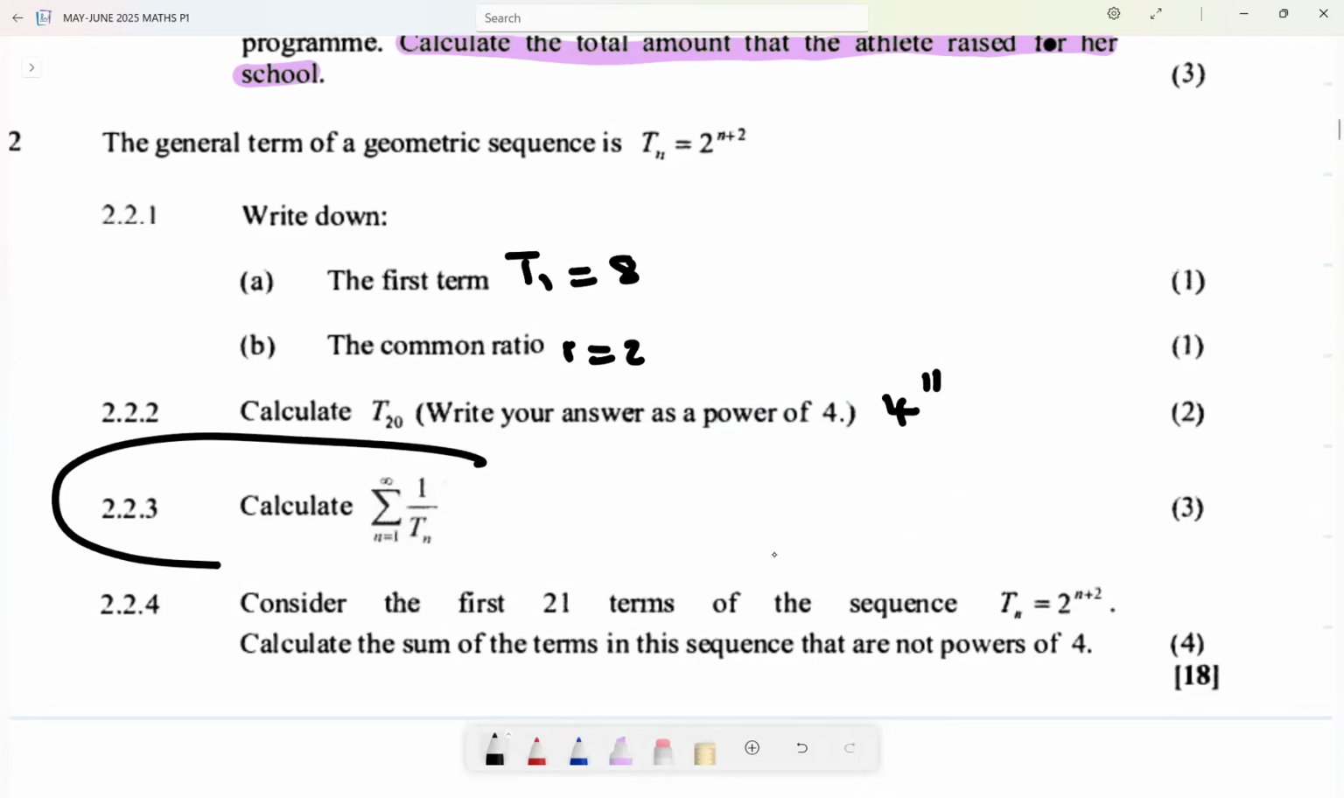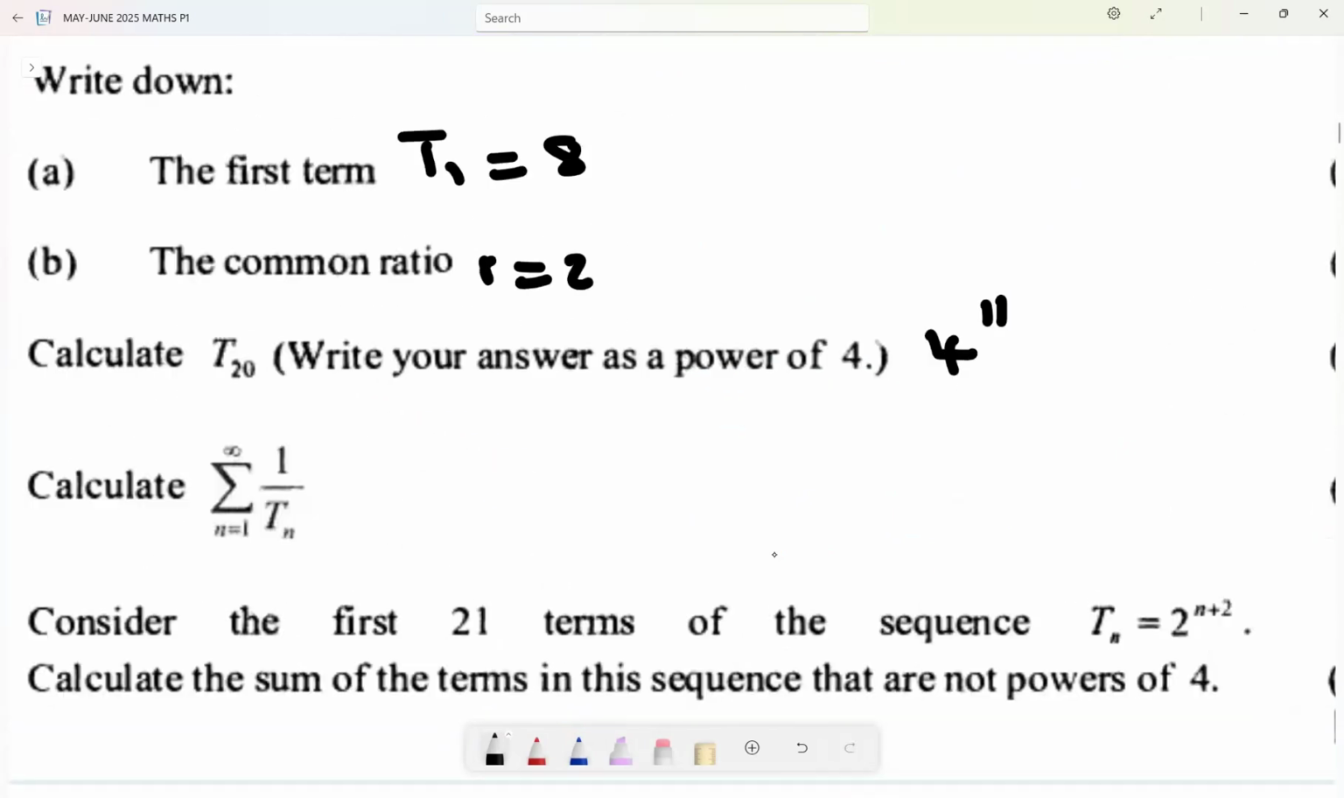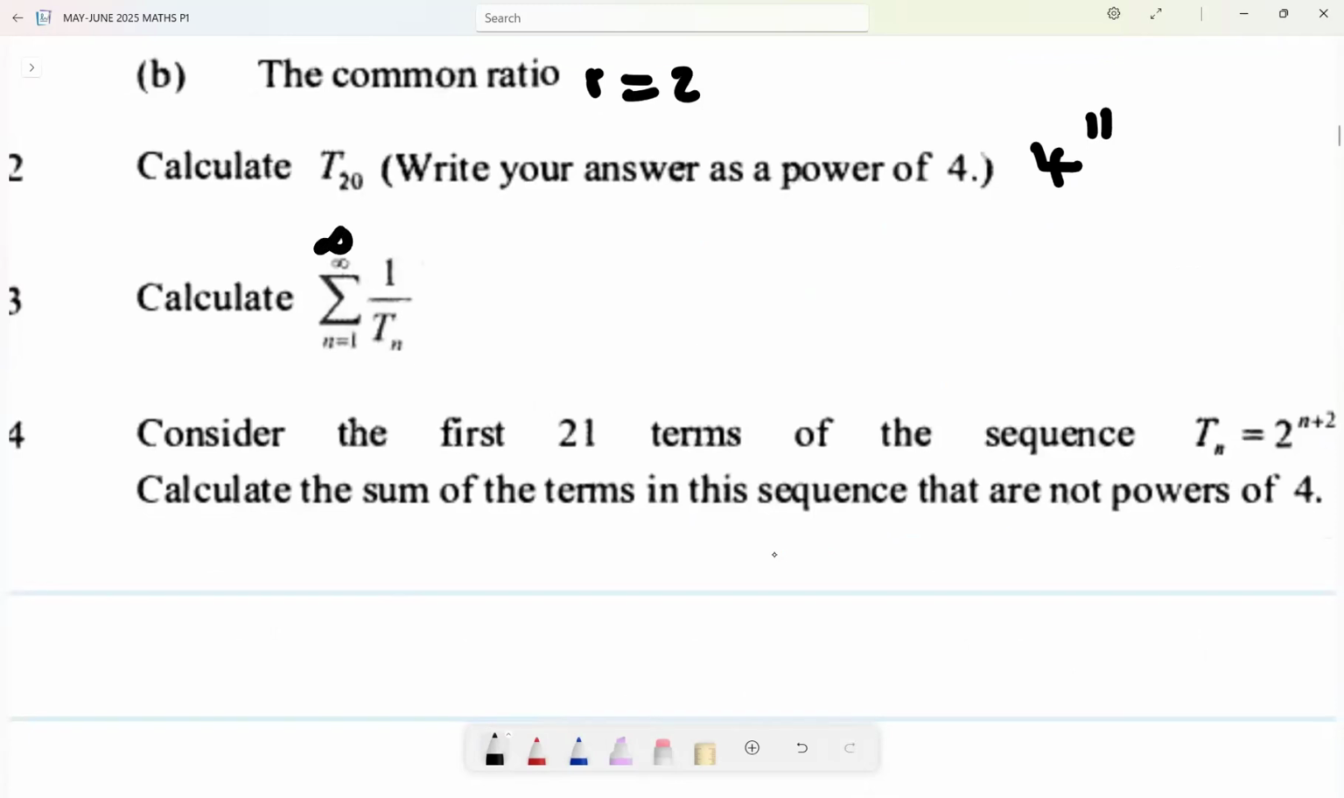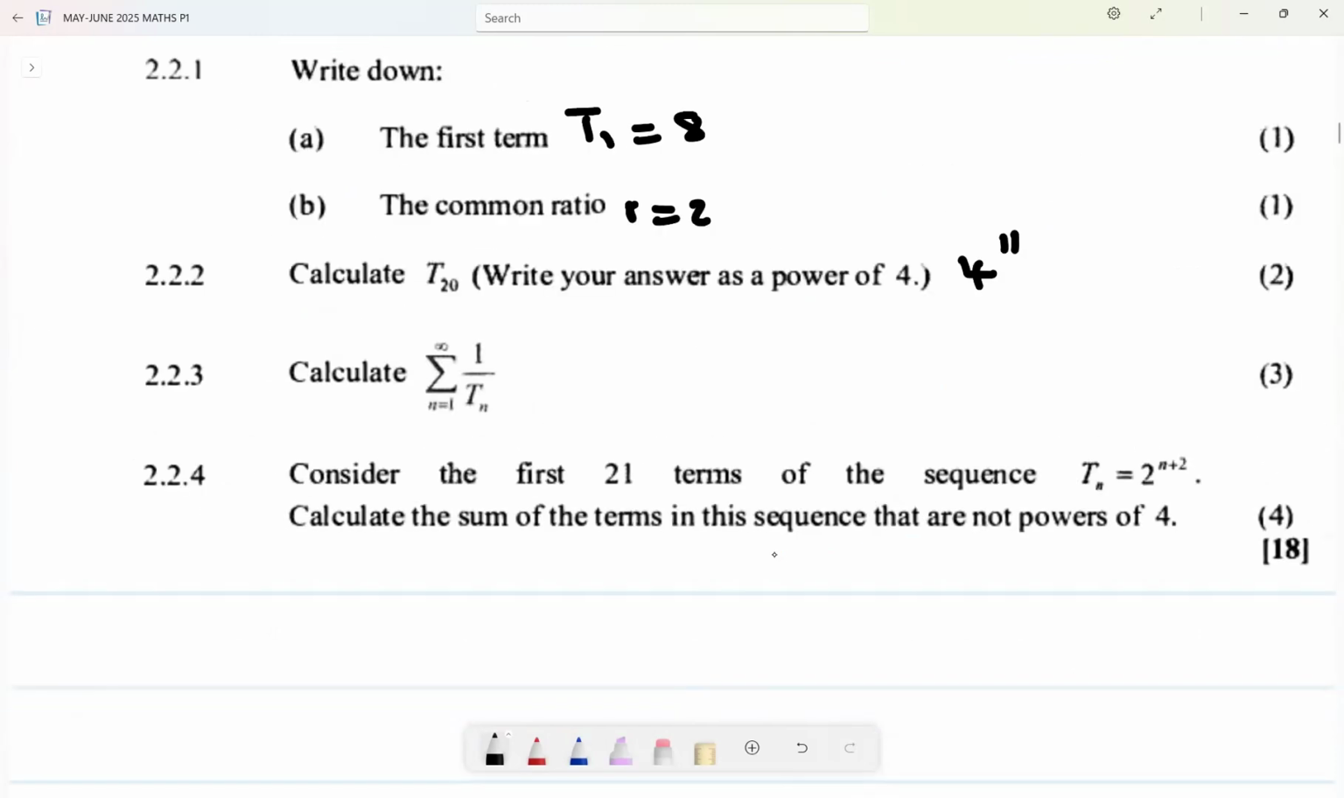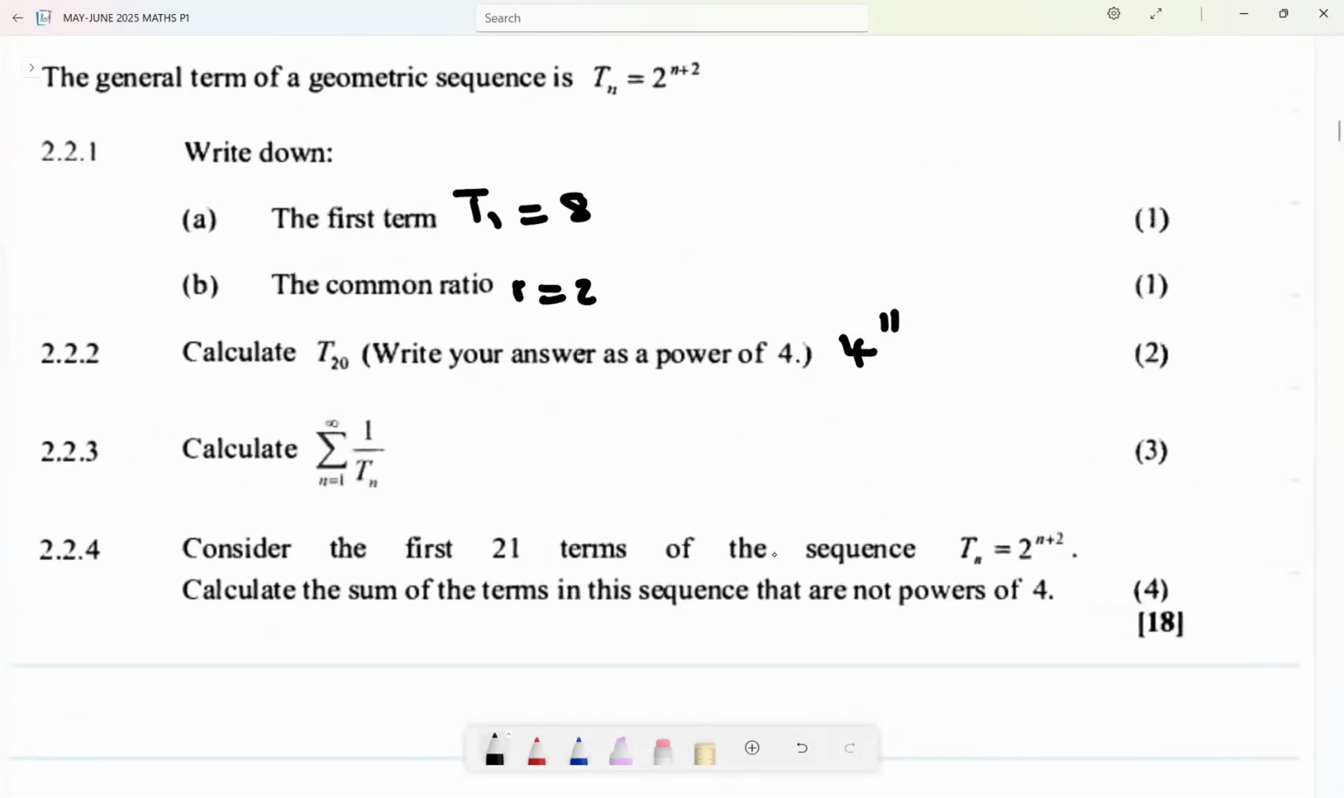And then they say calculate the sum to infinity. How do I know it is sum to infinity? I see the sign. I start from 1 to infinity of 1 divided by Tn. Now I have Tn. But guys, it's easy. What you can do is find S infinity for Tn, and then for the final answer, say 1 divided by the answer. But what you can also do is